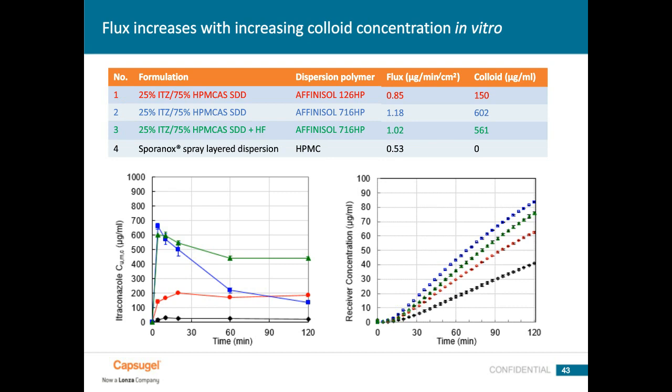And you can see that while there's almost a 100-fold or even more difference in the concentration observed in the dissolution assay on the left between the highest concentration reached in a formulation and Sporanox, the actual receiver phase flux is only about 2.5 times that of Sporanox for the optimized formulation. So in this test, we can see that the effect of these colloids is very much muted compared to the total concentration of them. And this is because they are much larger than truly dissolved drug and only contribute fractionally to permeability across the aqueous boundary layer.